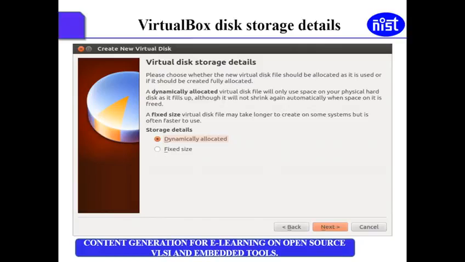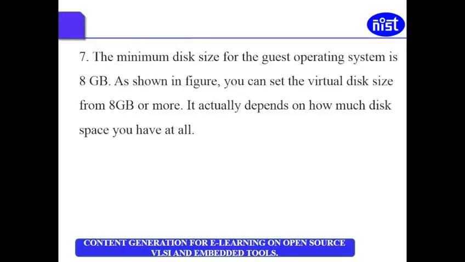So please have a dynamically allocated storage space so that you can extend it later. The minimum disk size for the guest operating system is 8 GB, as I have said before.